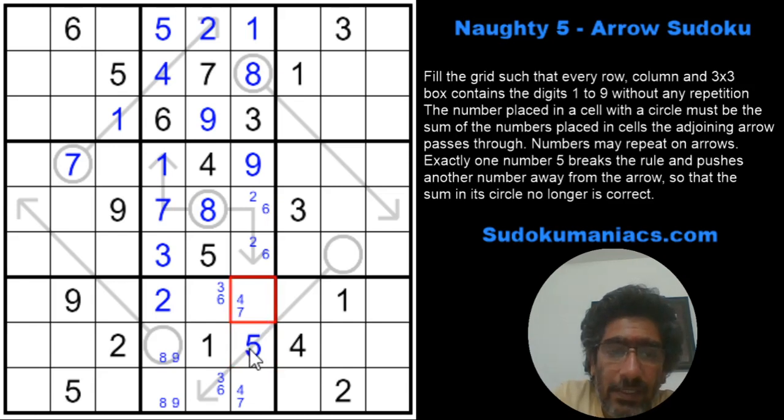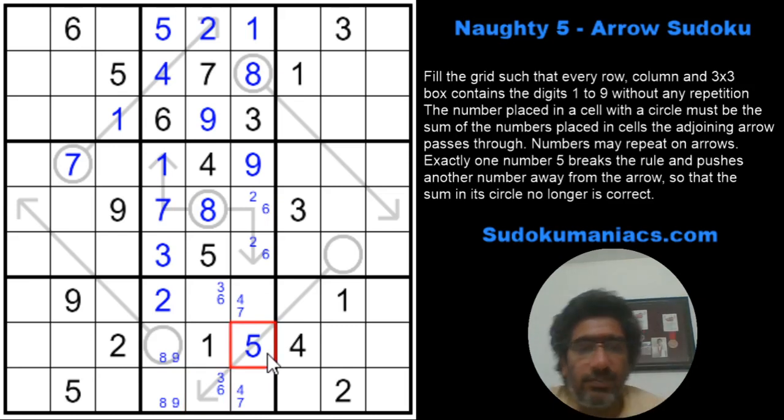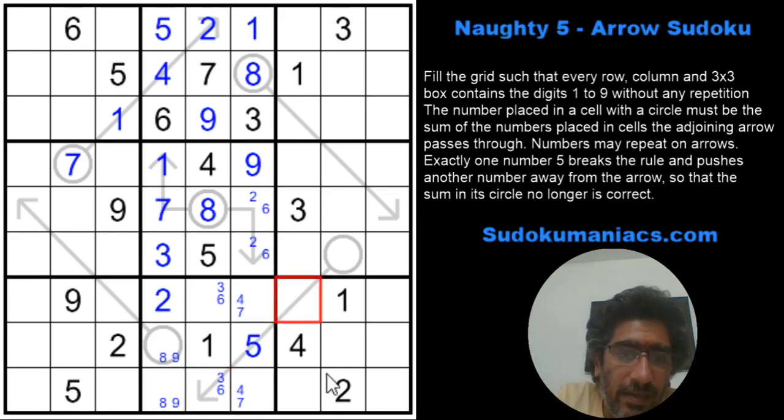Now we do not know whether this 5 is actually the naughty 5 or an actual legitimate 5 for the sum. Alright. Now if this were a 5, this has to be a legitimate number. But if this was a 6, correct? And assuming this 5 was a naughty 5. And again, let's look at this cell. I can't have a 1, 2, 3, 4. So the minimum number I can have is a 5. Correct? 5, 6, 7 and 8. These are the 4 possibilities.